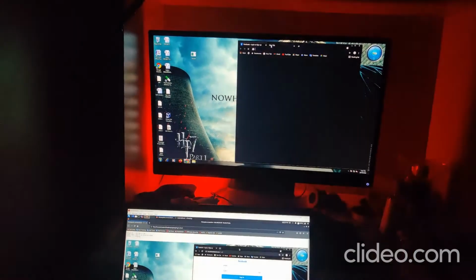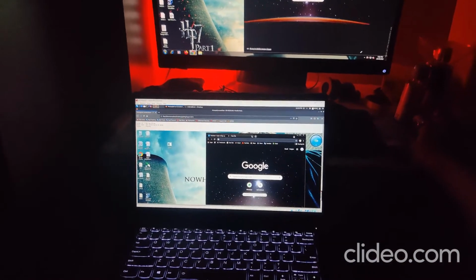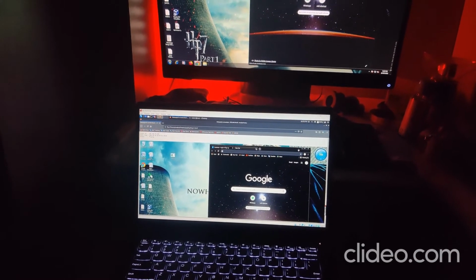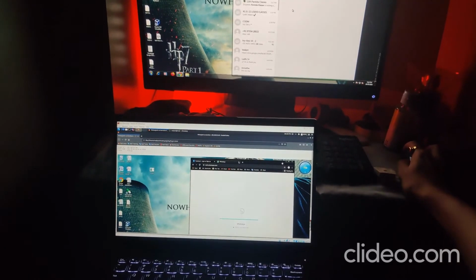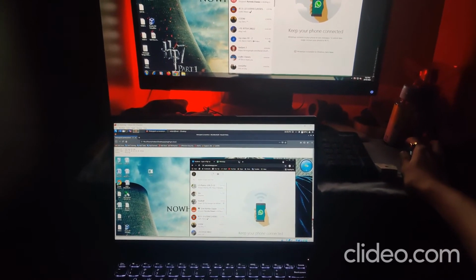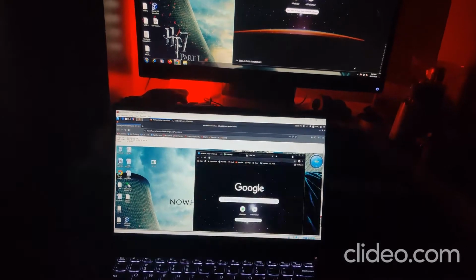Let's open another tab. It gets opened over here also. I'm going to open WhatsApp over here, and I see WhatsApp over there, WhatsApp over here. So it's a simple screen share that we can see.